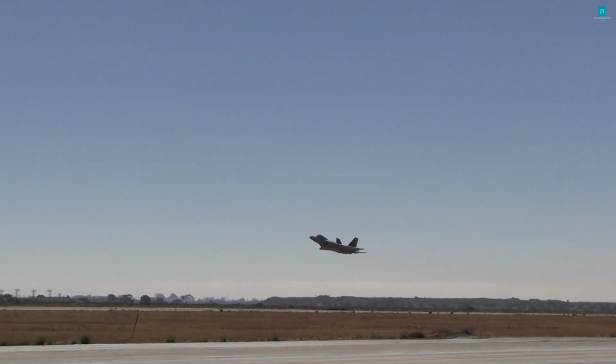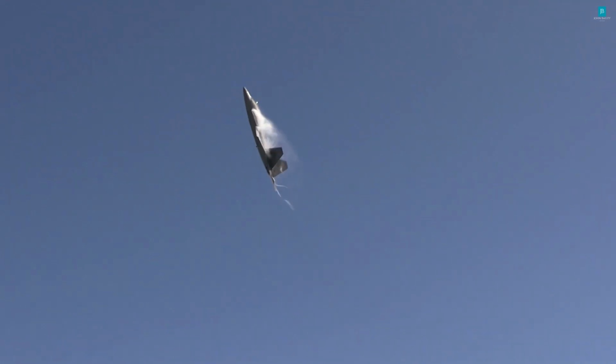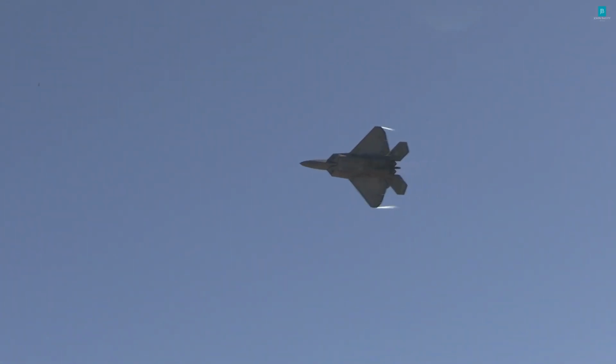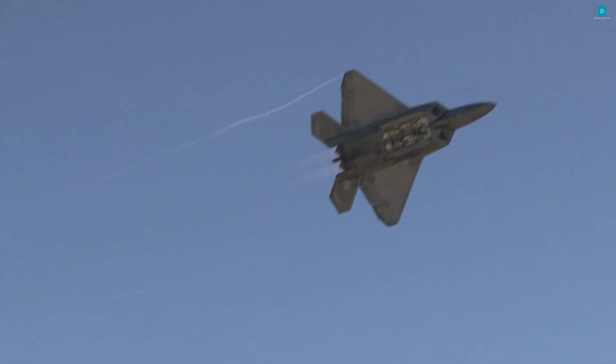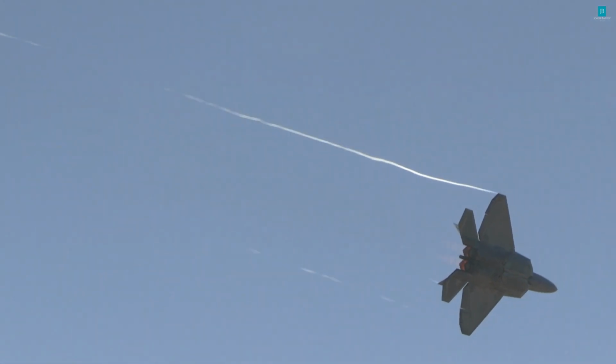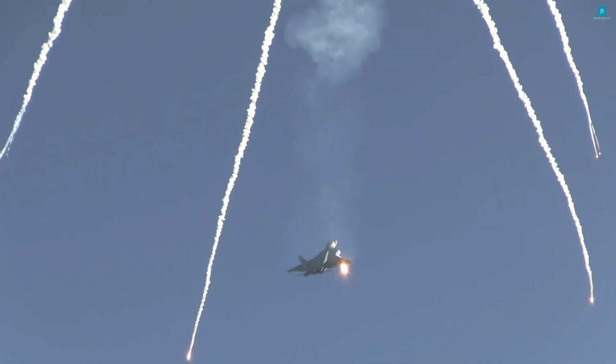Although the F-22 has been in service for over 20 years, the U.S. Air Force continues to maintain and upgrade the fleet. Modernization programs are underway to enhance its radar, communication systems, sensors, and weapons capability. Eventually, the F-22 will be replaced by the Next Generation Air Dominance program, a sixth-generation fighter expected to debut in the 2030s. Until then, the F-22 will remain the backbone of American air superiority,